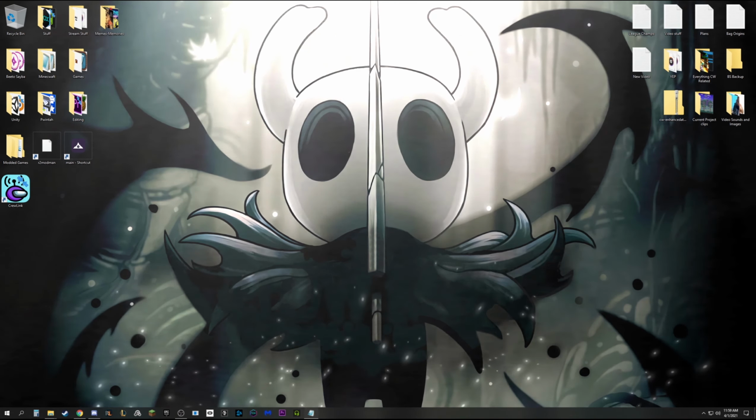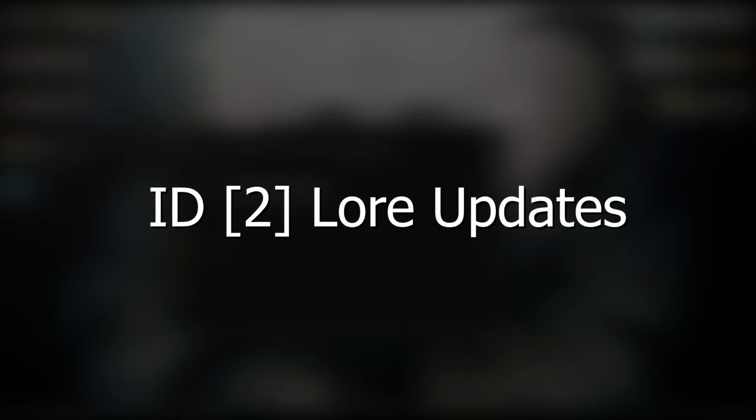Next up is lore updates, ID 2. Finally, those pointless little interactable things with random text actually have a purpose. Every lore tablet you interact with that you have less than 100% lore with has up to 50% chance to